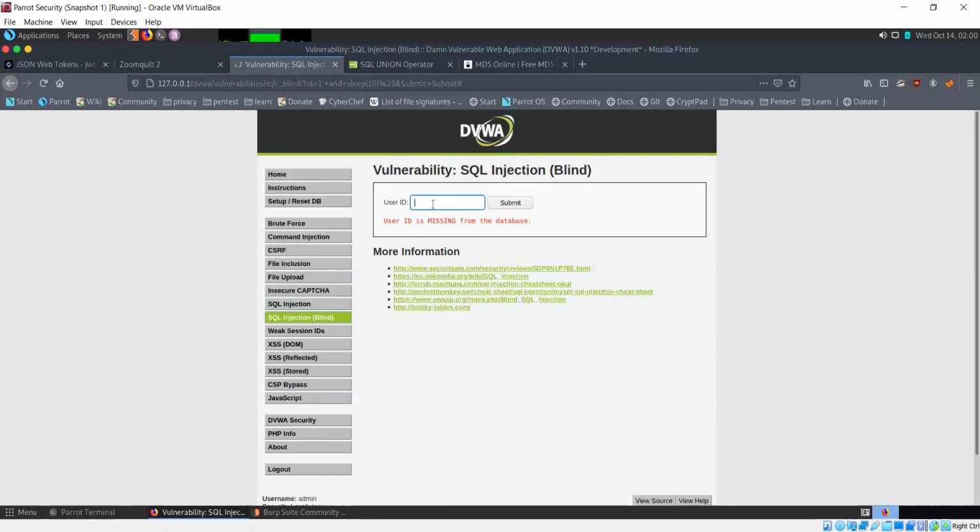If I were to specify this 6 and sleep 10, this shouldn't work because the user ID 6 is not present in the database. But 1 is present and sleep 10 also worked. So we got a delayed response with a time delay of 10 seconds.